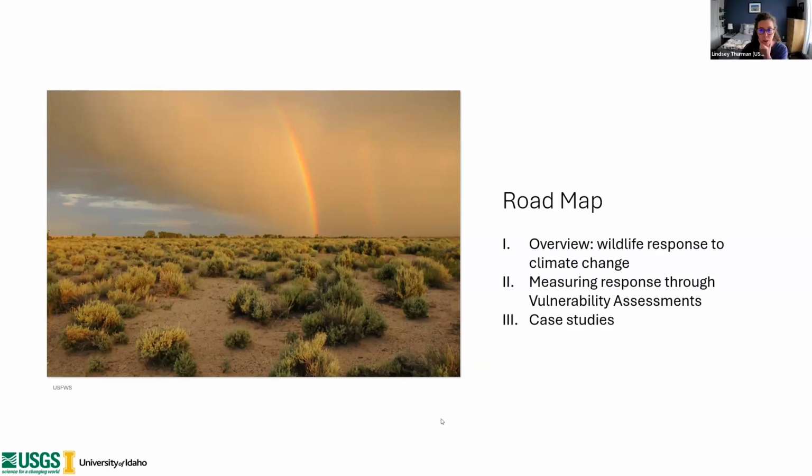As far as the second question goes, for those of you that have experience working with these wildlife species, we were curious to know what kind of changes you've already observed for those species. It looks like a lot of you have noticed a loss of habitat and increases in invasives, fuels, and fires, which we would certainly expect for this system, as well as population declines. Some of the other options were sprinkled in there, but those were the top three. We'll be discussing all of these different factors throughout the presentation. We just wanted to see where everybody was at with that. So thank you, and I will continue on.